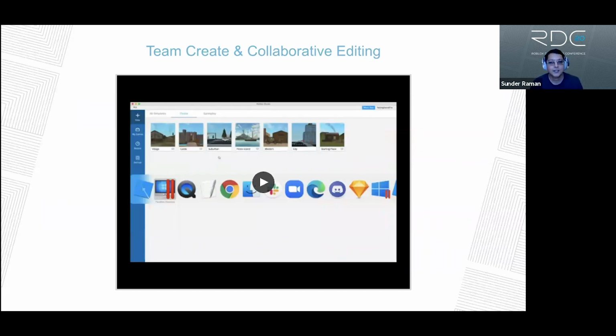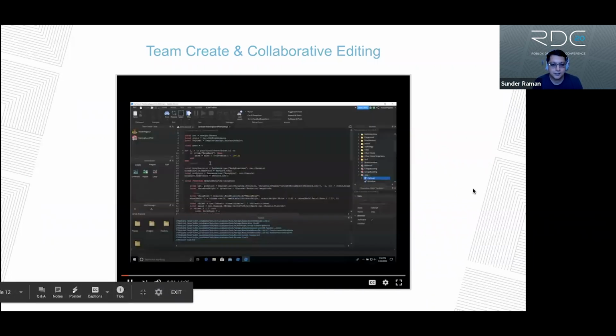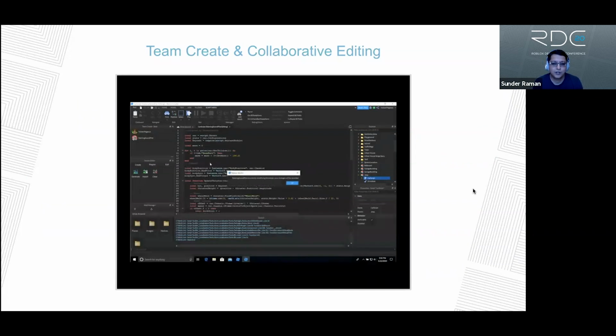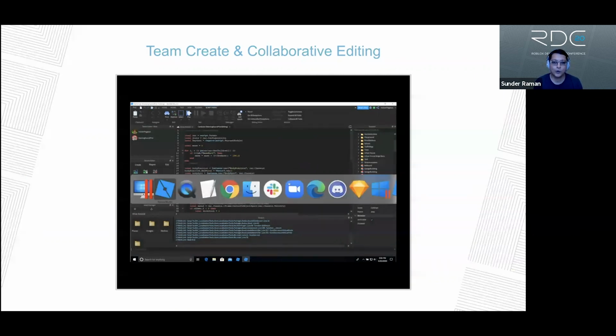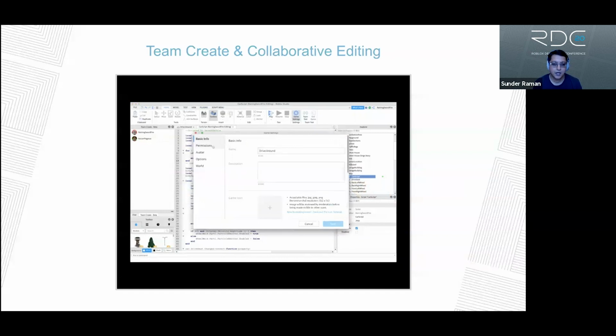try it out. So when you're in Team Create, when you go to edit the script, have you ever run into this dialogue that says someone else is currently modifying the script? This is where the script is locked so that we can avoid conflicts. That's the default. So in this case, I'm going to go back, switch my profiles, go into my home tab, game settings, options, and turn on collaborative editing.